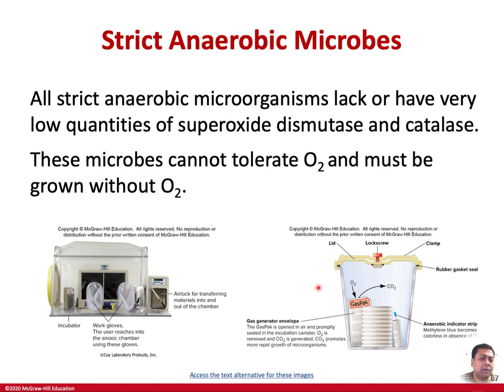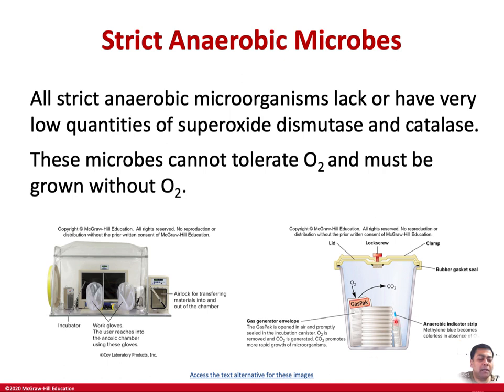This just takes a couple of seconds to a minute, and that short exposure should not kill them. But how do we grow them? We put them in a system known as a gas pack jar. What we have here is a catalytic sachet, which we open up and put outside these plates. So we put the plates in here, we put an